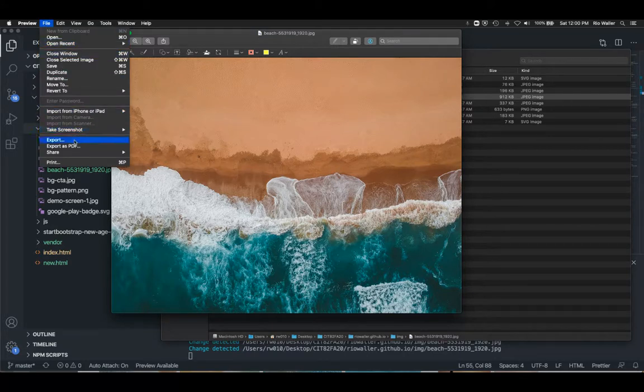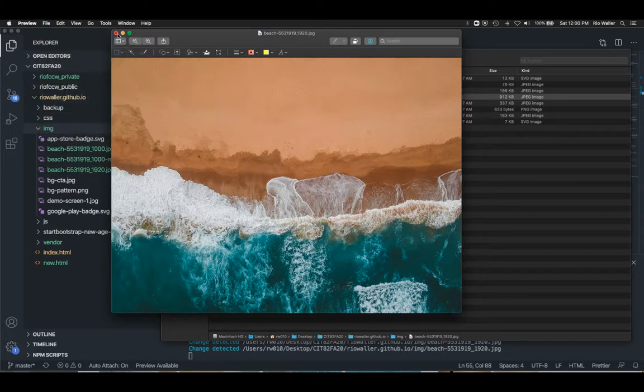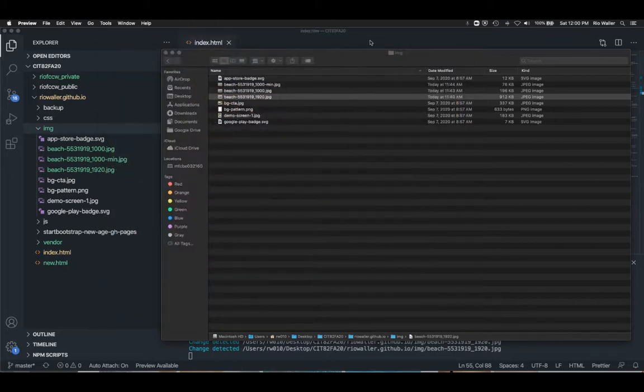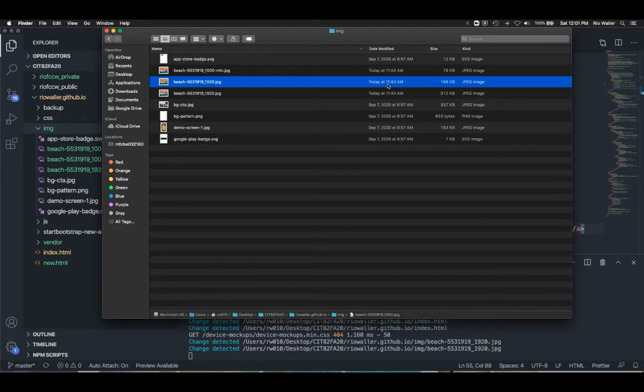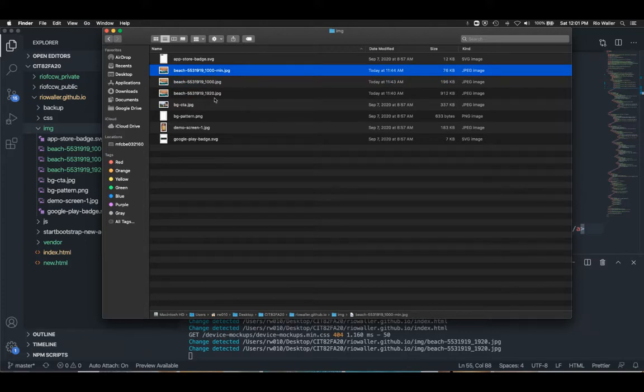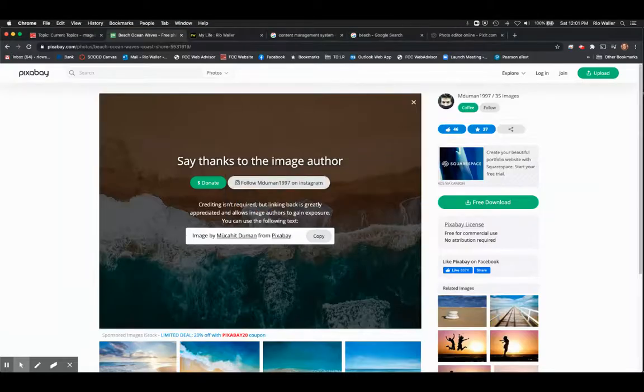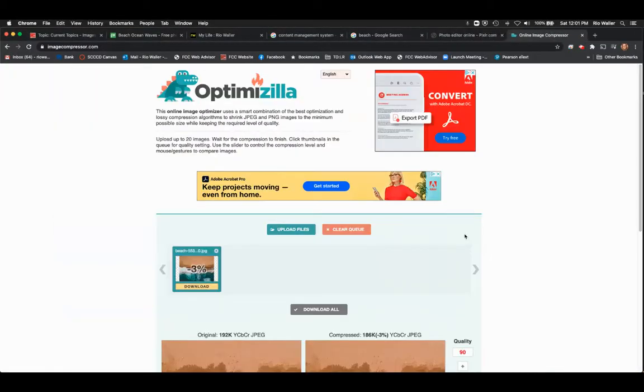For me, I have to do something called export. So I did that step. And you can see by looking at, let me see, I think I can increase this now. As you can see from my original file of 912, just resizing it to 1,000, look how much space it decreased. And then I used the system that he recommended, which is I uploaded it to that site, which is right here. I uploaded it to there, and let's go look at it.